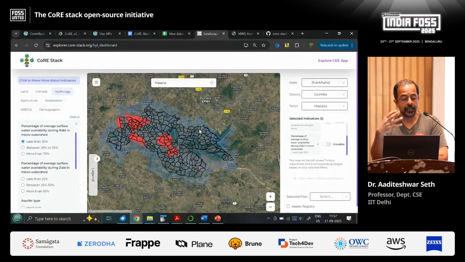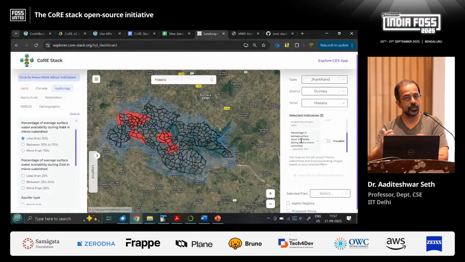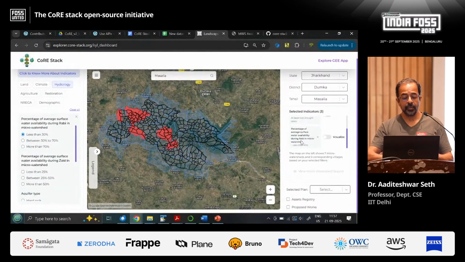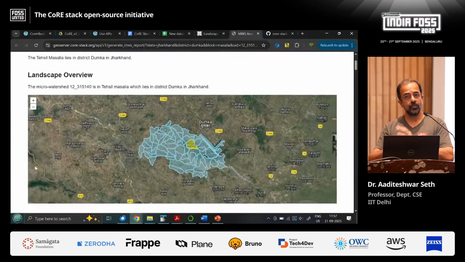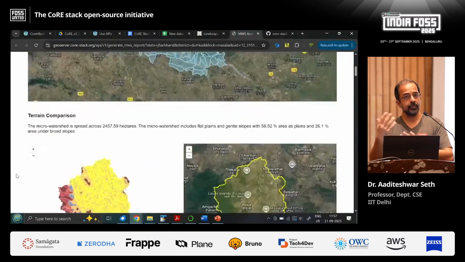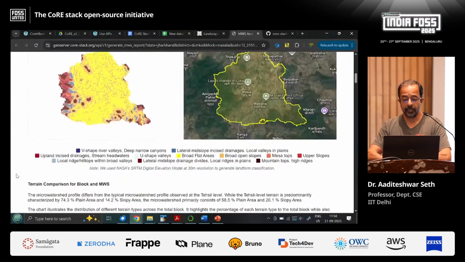And here NGOs are trying to build what are called multi-actor platforms, where they bring in NGOs working in different parts, and also somebody from the forest department, the agriculture department, the rural development department. Now they can use this to see, okay, in these areas which are mostly plain and drought prone, and there is a lot of surface water stress, what kind of program should we do? So it's very good for that kind of planning.